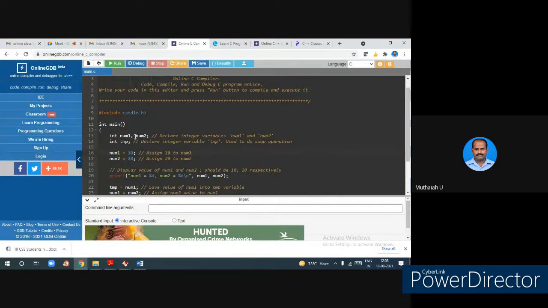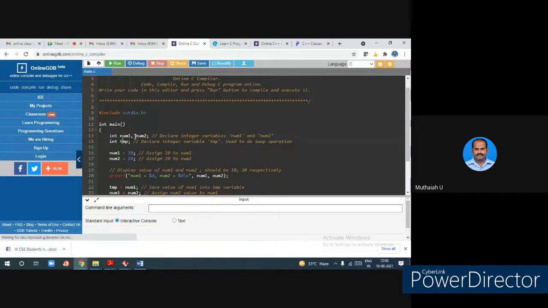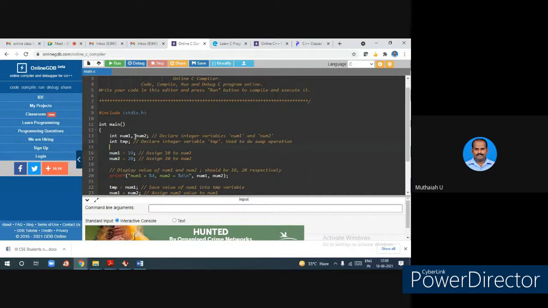Right? So now look at this one. The variable is declared. I told you there are two tasks per compiler. A person may also ask in the interview, what is the use of this compiler? You have to give that answer immediately. So how can you give the answer immediately? When you mug up the paragraph, you will not give the answer. When you execute the program and understand the way programs are executed by the compiler, only then you can understand. So now I'm telling you that I know what the compiler is doing.